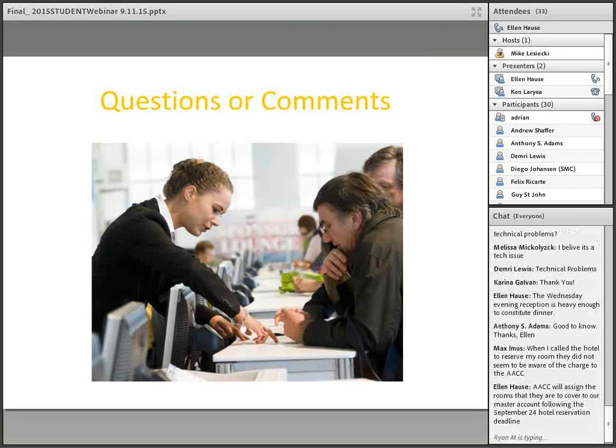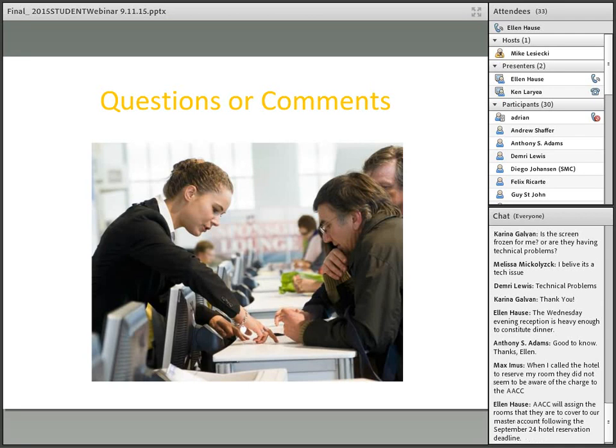Well, if you've filled out the information form for students and we made your hotel reservation, it's gone over on a special rooming list and it's comped already, so it's on our master account. If you've made your own hotel reservations, and again, don't cancel it, just give us your confirmation numbers, then after the hotel reservation cutoff date, which is September 24th, we take that master list from the hotel and we go through and we assign which rooms we are covering to our master account. From that point, we do ask you when you check in just to verify with the front desk that your room billing is correct. And if it isn't, as Ken said, come report it to the registration desk.